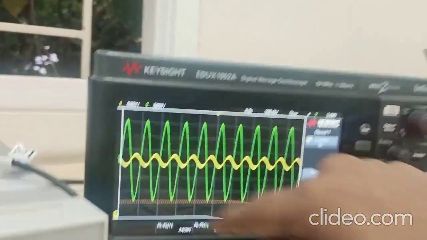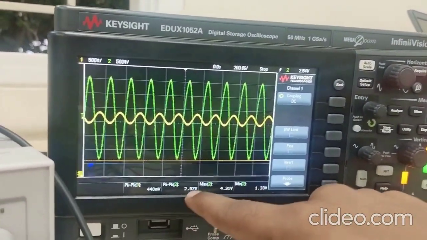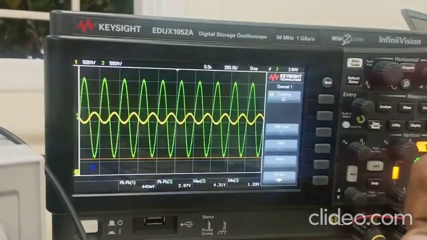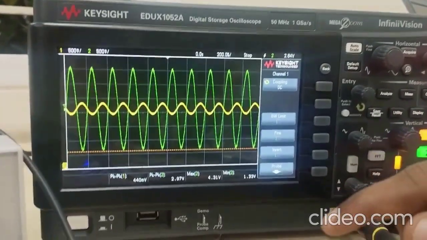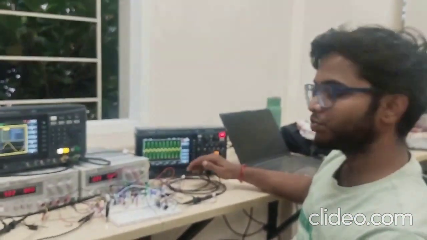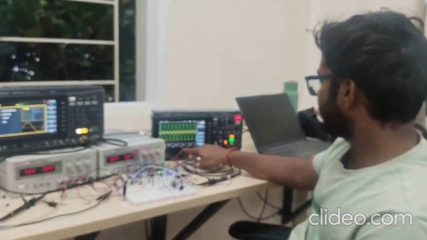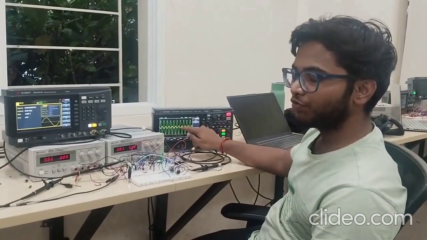50 approximately. As you can see, the yellow color sine wave has a peak to peak of 440 millivolts. And for the second stage, the gain stage, we are using a CE amplifier and it is providing a gain of 6. So the total gain we are getting is 300 approximately. So you can see peak to peak is 2.97 volts of the green wave, which is the output from